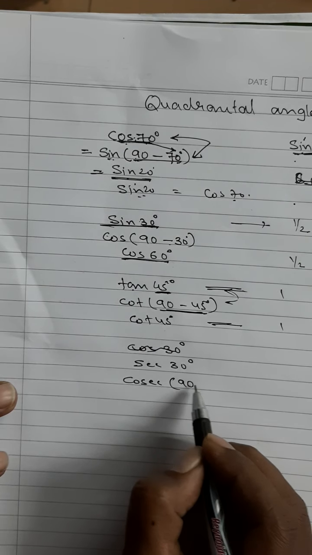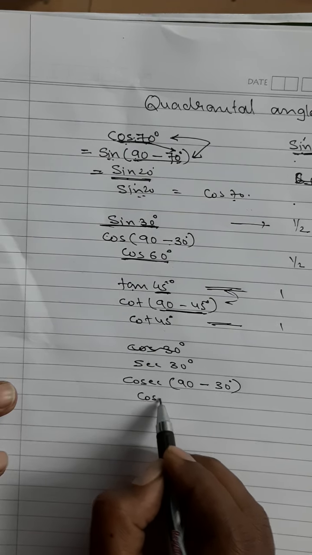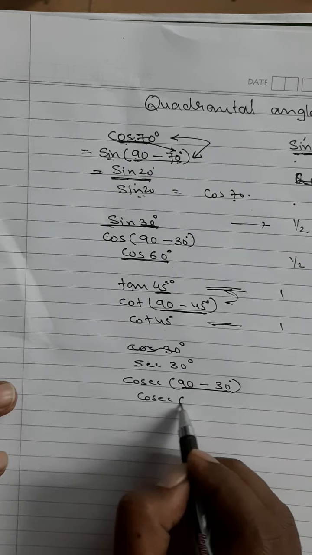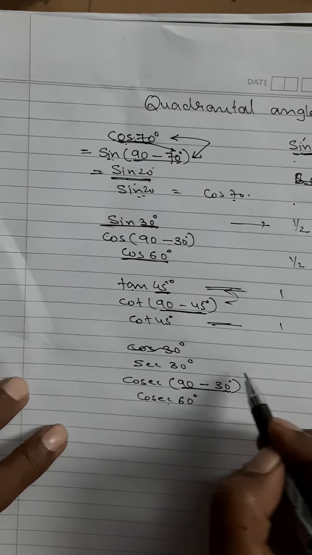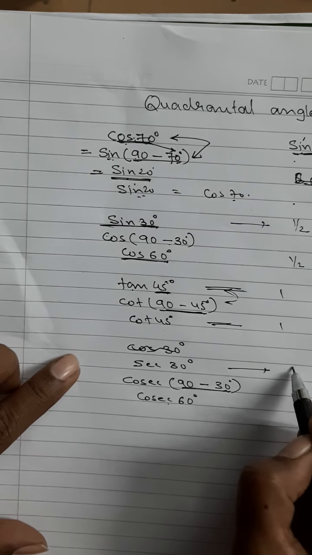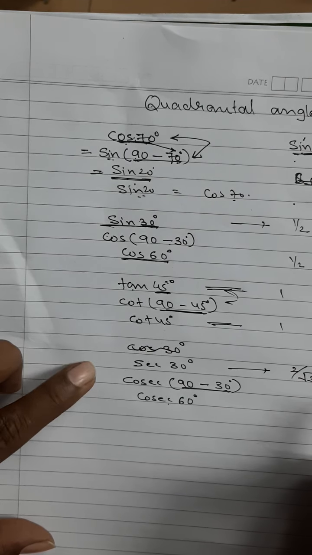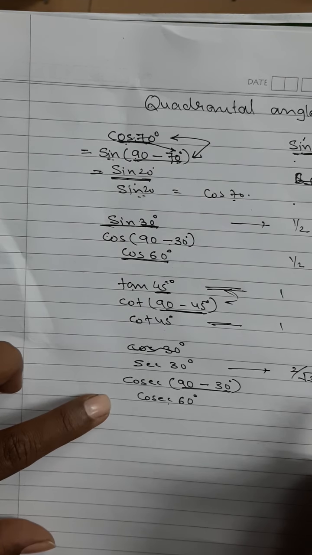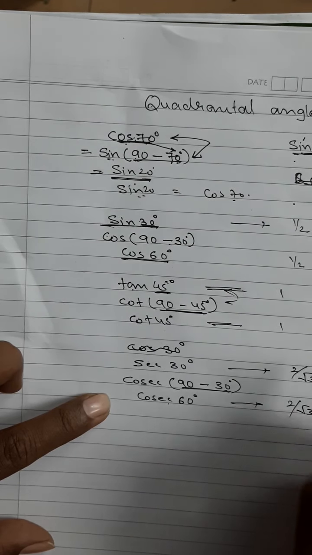And that will be cosec of what? 90 minus whichever this is, 30 degree. So you will find that cosec, now I will solve this, means sec 30 degree is always equal to cosec 60 degree. The sec 30 degree is equal to 2 upon root 3. Sec 30 is 2 upon root 3 and cosec 60 is also 2 upon root 3. If you want, you can take this, confirm like this.